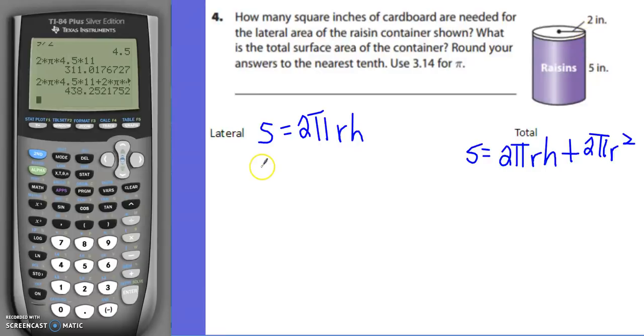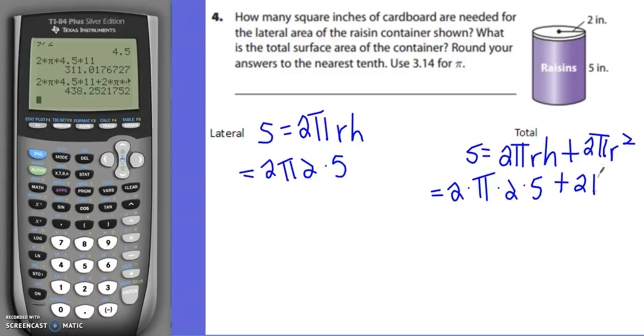So we're going to say 2 times pi times 2 times 5, and then here 2 times pi times 2 times 5 plus 2 times pi times 2 squared. Okay, so let's put all this in. 2 times pi times 2 times 5. Rounded to the nearest tenth, we get 62.8